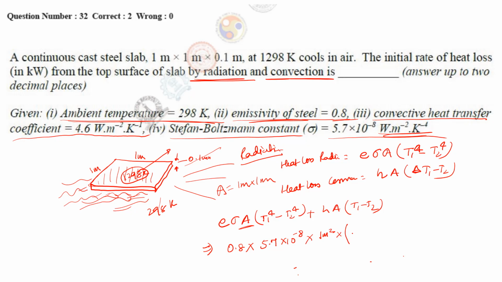T1 is the higher temperature at which the slab is, that is 1298 to the power 4 minus 298 to the power 4, plus H, which is given as 4.6, and the area is given, divided by 1298 minus 298, right guys? So if you solve this one, you solve it by yourself. The most important thing was the equation. You need to remember this equation, and if you solve this one, then your answer will be,